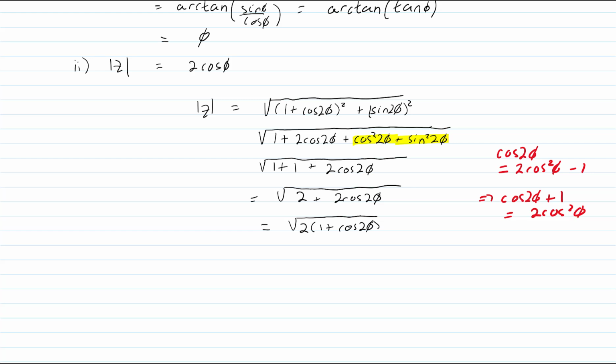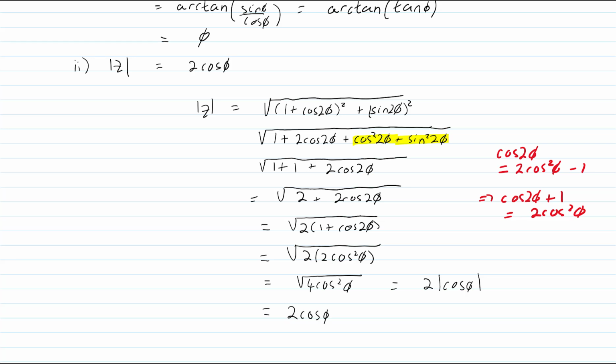So now putting that into our expression here, we're going to get 2 times 2 cos squared theta, which is equal to 4 cos squared theta, and that is equal to 2, and square root of cos squared theta is just the absolute value of cos theta, and now that just equals